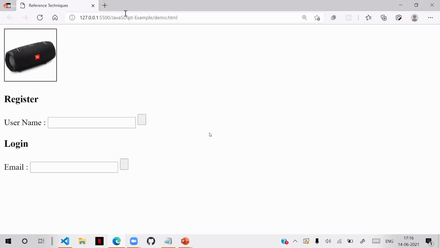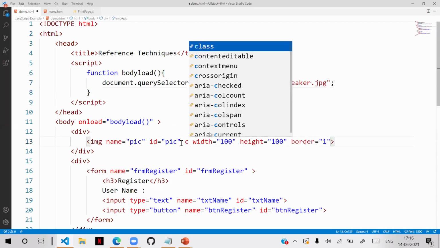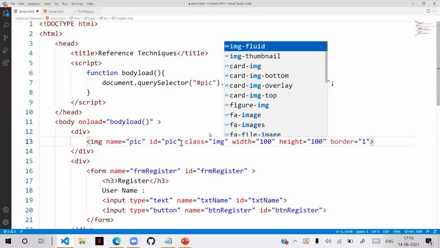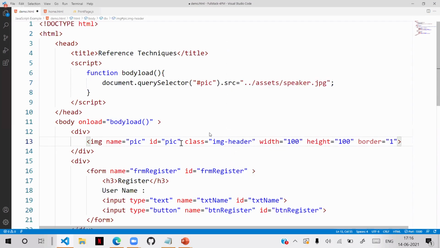Suppose it should refer by using an ID. You know it. So by using class, suppose we have a class called IMG header like this. That is a class.